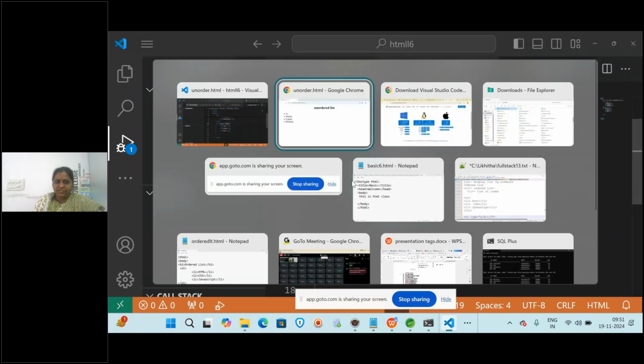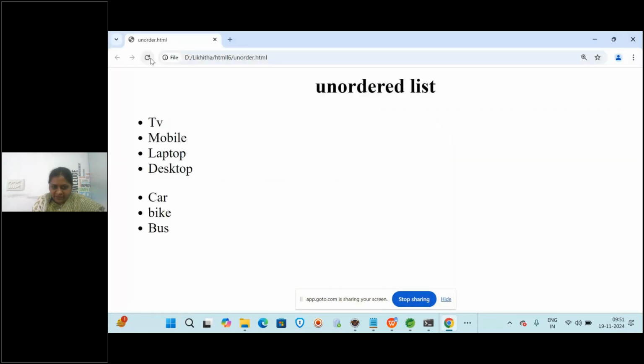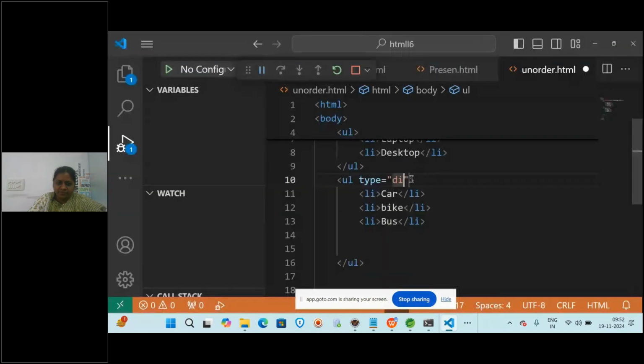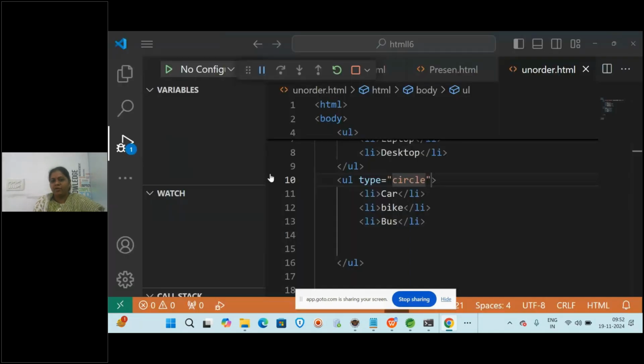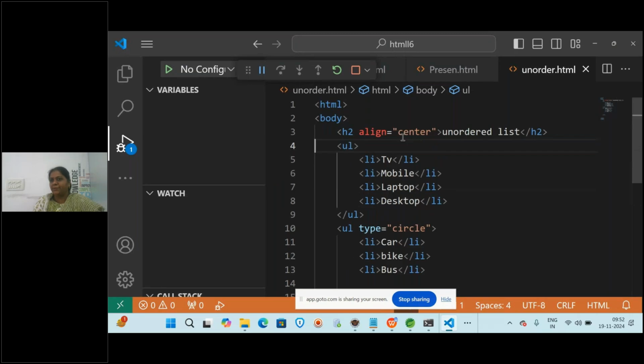You can refresh it. Okay, it was coming with the same. We'll give circle. Okay, we'll be getting it. So like this you can put here what attribute? Type attribute. Clear everyone?